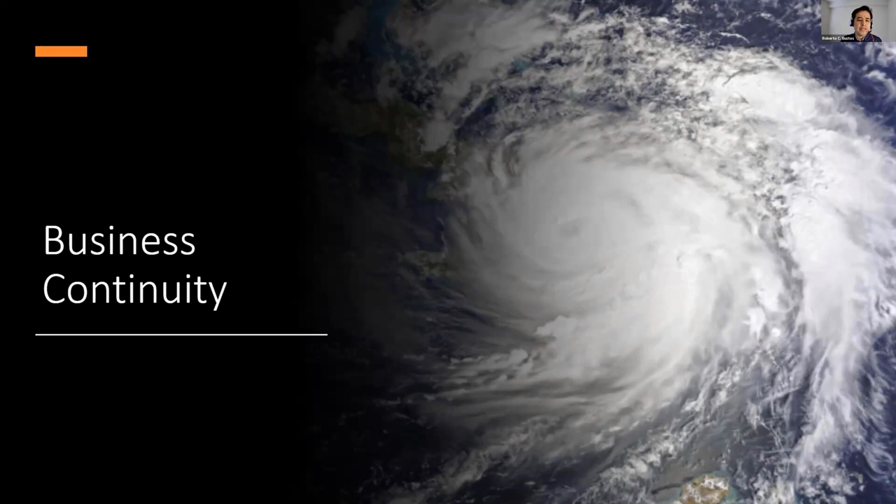Now, the good news is that the cloud has made it easier for customers to deploy replicas quickly in very distant regions. And that's what we have accomplished here for Azure SQL with Geo Replication.